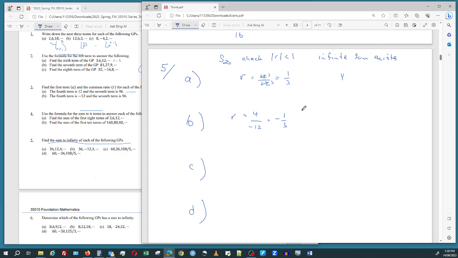Minus 1/3. Minus 1/3. R is take a value and divide it by its predecessor. So 6 sixes are 36, 6 tens are 60, so they'll cancel. 2 3s are 6, 5 2s are 10, so they'll cancel. So we get 3 over 5. And R equals,